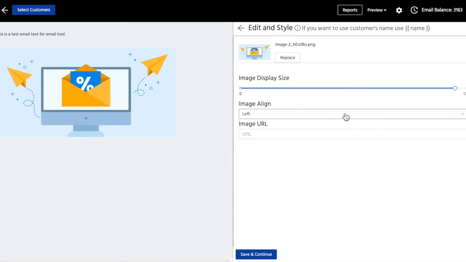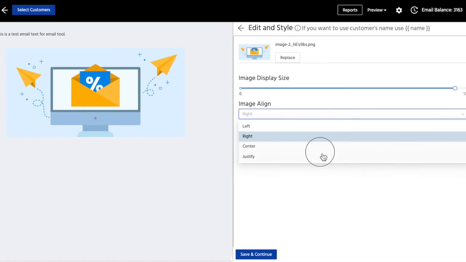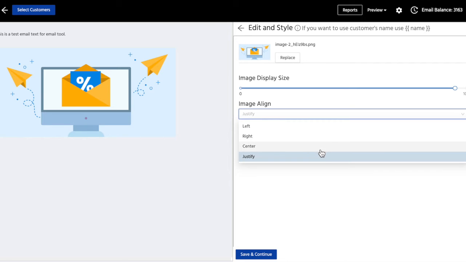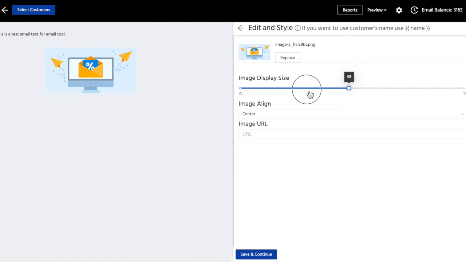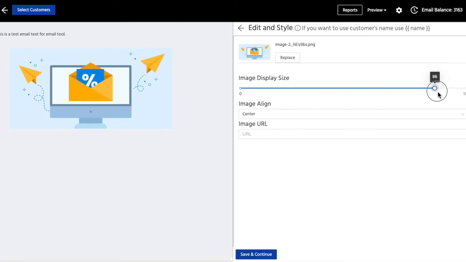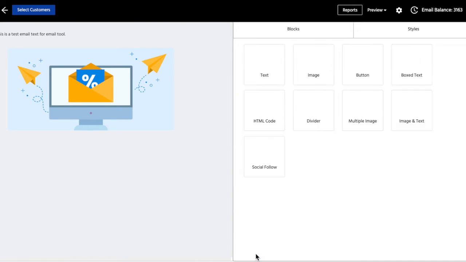Here you can edit the alignment from right, center, or whatever way you want to do it. I will select the center, and you can also change the size of the image. I find this one is okay. You can also put down the URL on the image from where you want to redirect your customer when they click over the image. I will put down our home page address over this. So after clicking save and continue,